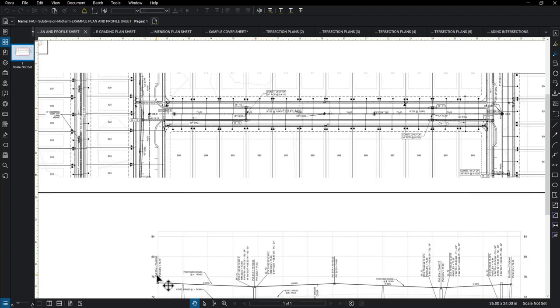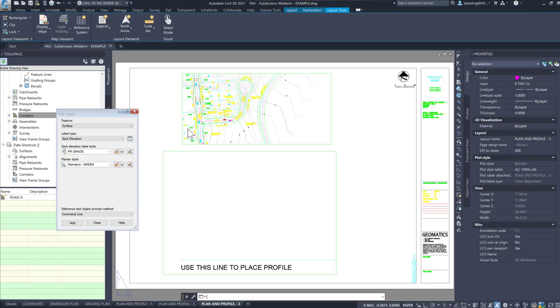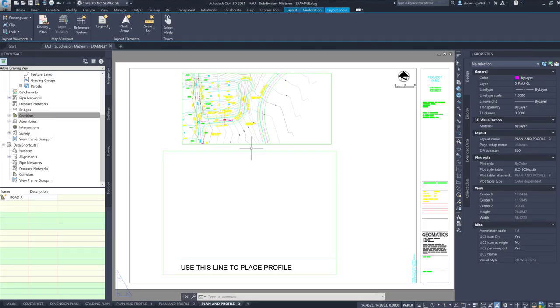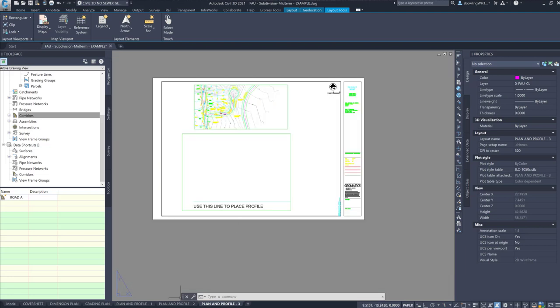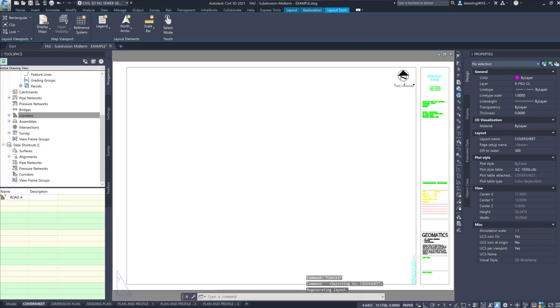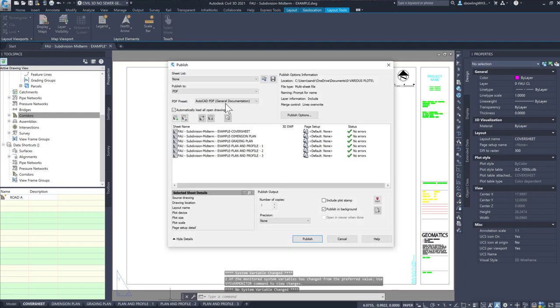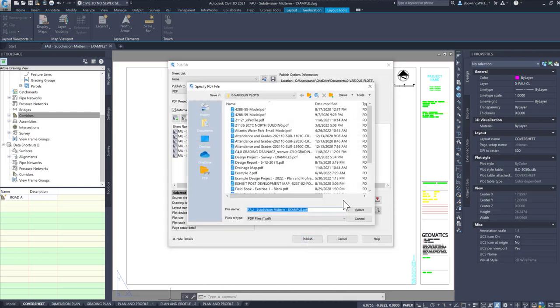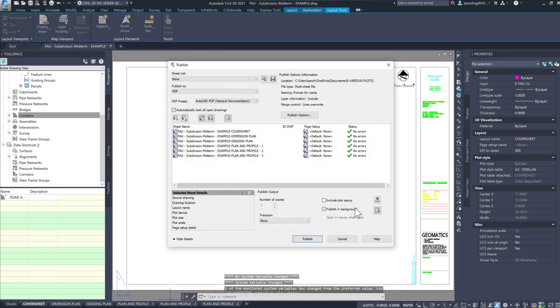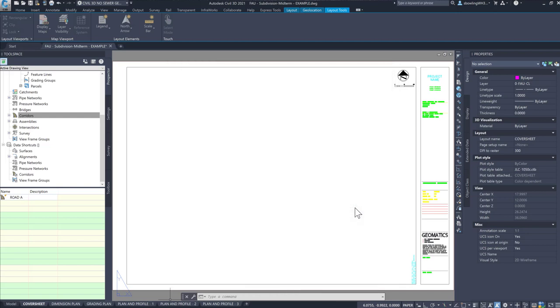Once you get all of this set, I want you to plot everything, and let me show you how to plot. So when you're creating these PDFs, you can click on the first cover sheet, click on the last plan sheet, right click, and then publish selected layouts. You should be able to have it say PDF and then just do a multiple sheet. If this doesn't work and it causes errors because of possibly not having the pen style, then just print them